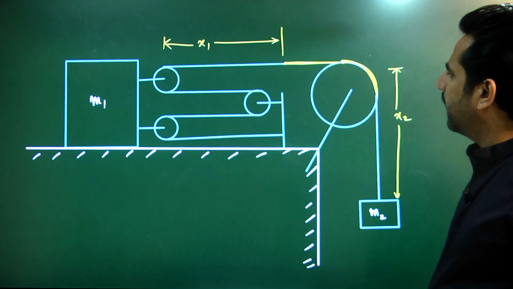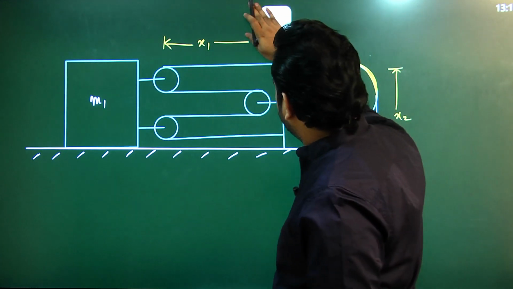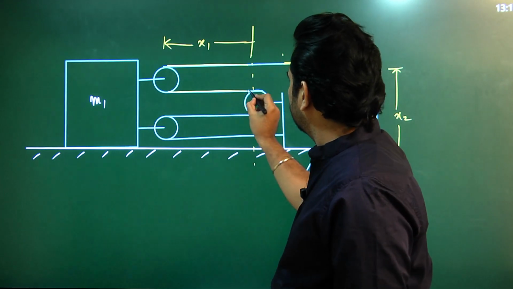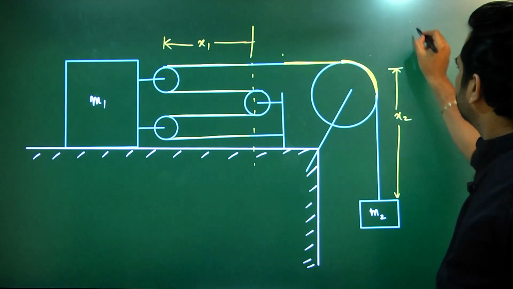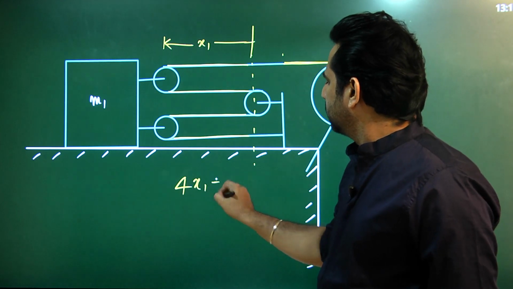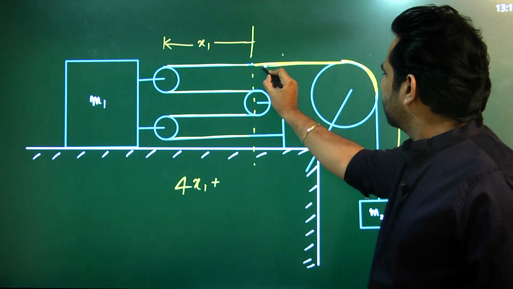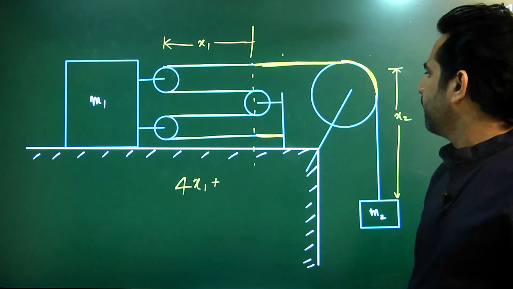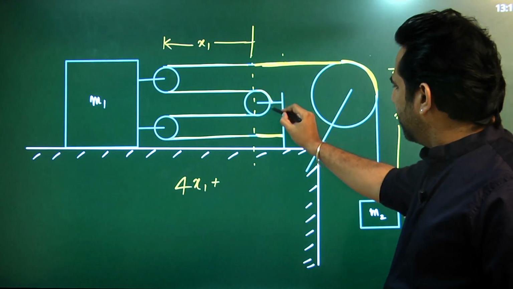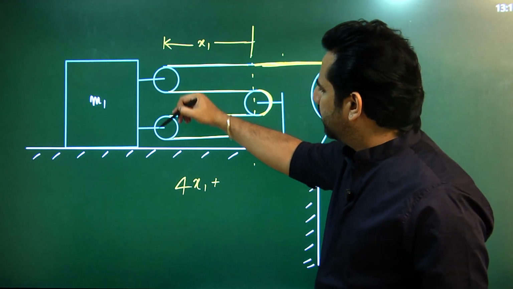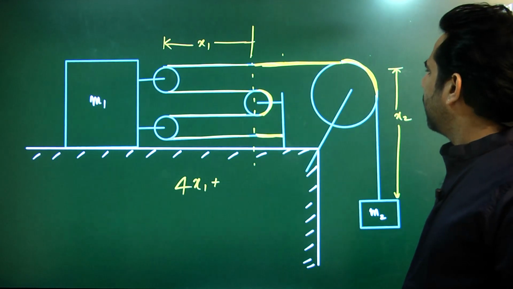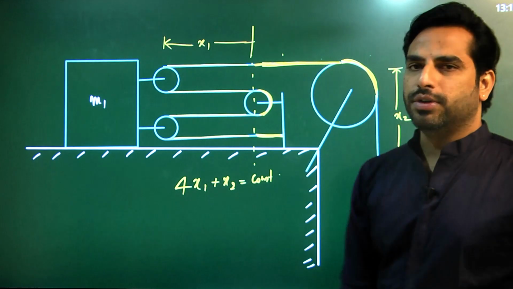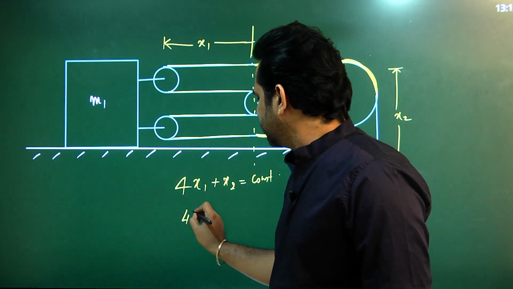So what is the constraint equation? You can take x1 till here. So it is x1 which is changing, plus x1 plus x1 plus x1. What do I have? 4 times of x1 plus this is constant and this length is also constant. So this is a single string which is passing over 3 pulleys and the big pulley and connecting m2. So 4x1 plus remaining lengths are constant, which is there on the rims of the pulleys and on the rim of this big pulley. So those are constants, and what is variable is x2, that constitutes the length of the string. So the constraint equation would be 4x1 plus x2 is constant, differentiating this 4v1 plus v2 is 0,